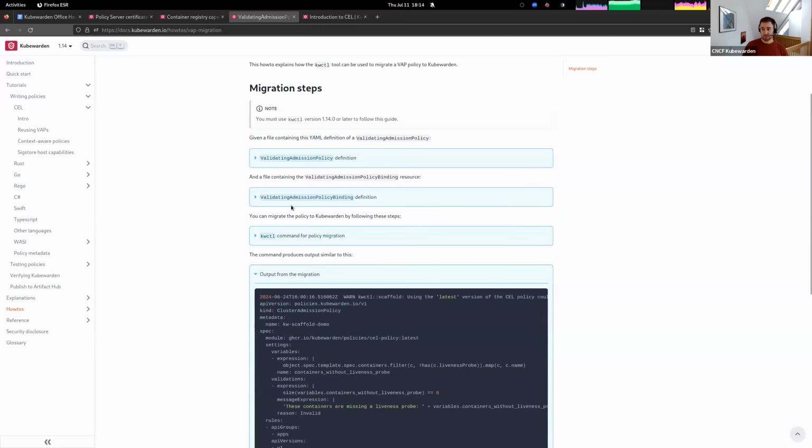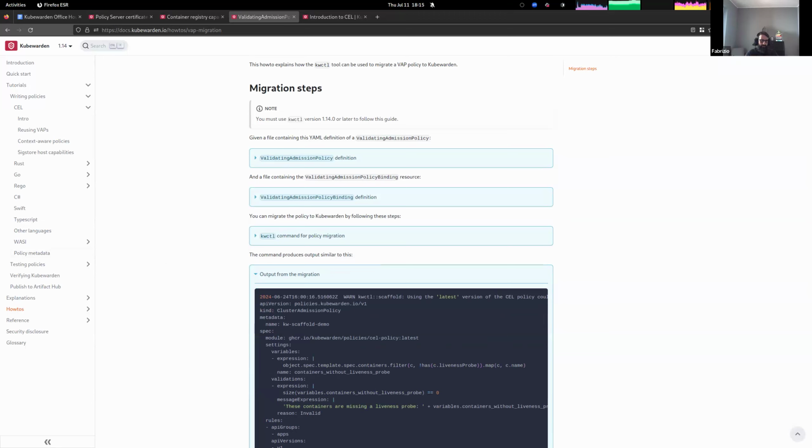It's nice to have the cel-policy, and it's nice to be able to reuse all the policies that are there already for Kubernetes on VAP. And as Flavio was saying, it's even a superset. Our cel-policy is a superset of the CEL Go interpreter because we do have the host capabilities and so on that are available. And also metrics and tracing from